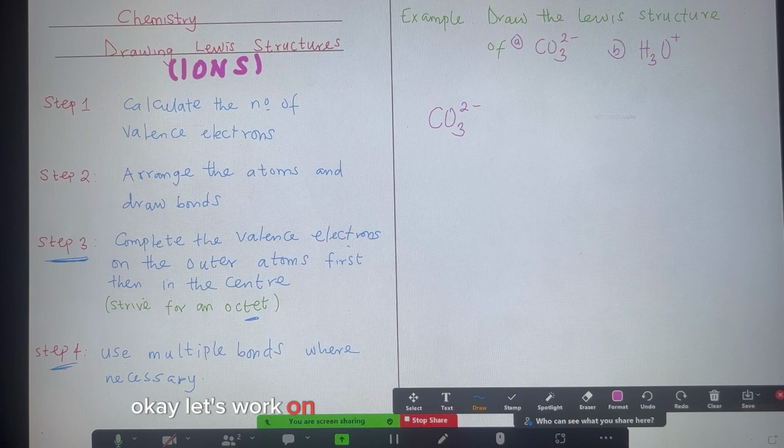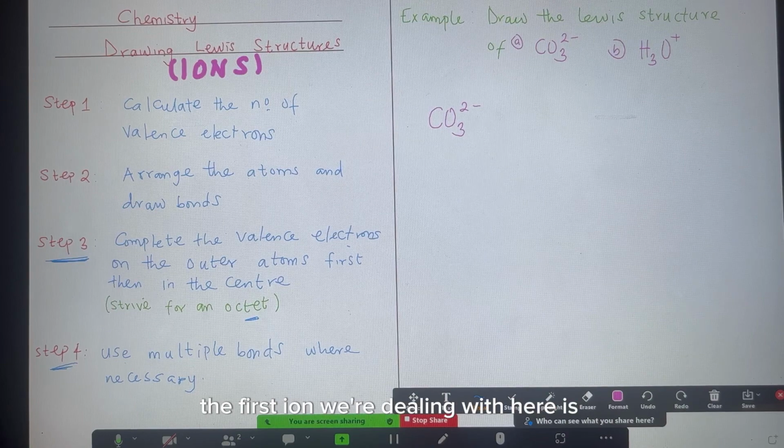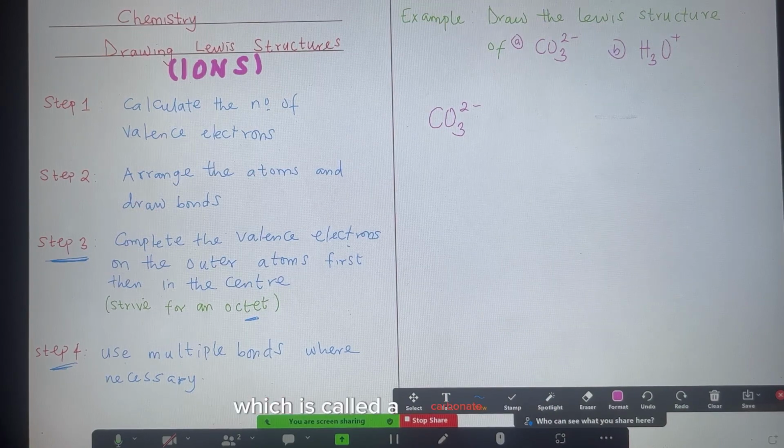Okay, let's work on drawing Lewis structures for ions. So the first ion we're dealing with here is CO3 2-, which is called a carbonate ion. It's an anion. We want to get the number of valence electrons first, so carbon is 4 plus 3 times 6,